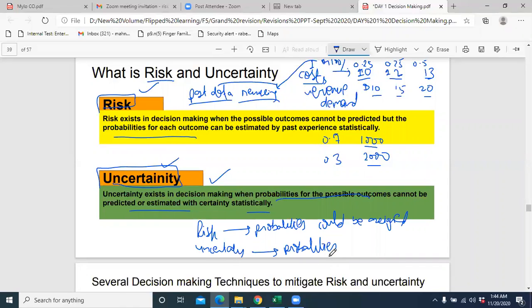What are the chances of an earthquake? If I talk about here, our area is not a very earthquake prone area. We don't have the past record for that. So in any area in which earthquake is not a recurring thing, I cannot assign the probability. But if it's an earthquake prone area, as per the past data, you can predict how much are the chances that there would be an earthquake and how much are the chances that there would not. Okay, so here I was writing, probabilities cannot be assigned. This is uncertainty. Okay,